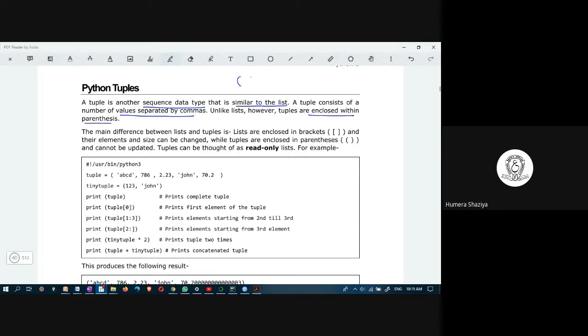Parentheses means this. Lists are enclosed in square brackets. And tuples are enclosed in parentheses. The primary difference between list and tuple is, however, this is not the primary difference. The primary difference is that tuples are read-only lists. Read-only list means once you create them, you cannot modify them.